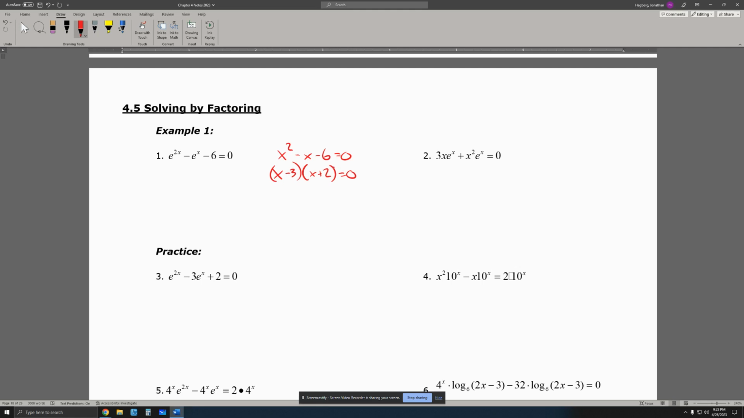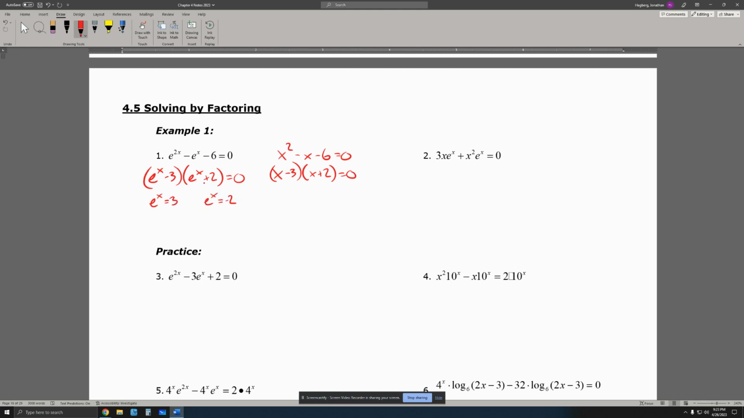So this factors here to e to the x minus 3 times the quantity e to the x plus 2 is equal to 0. Again, just as a reminder, we're looking for factors of negative 6 that add to negative 1. Those factors are negative 3 and positive 2. Okay? So using the zero product property, we can set each of these factors equal to 0. So then we get e to the x is equal to 3, and e to the x is equal to